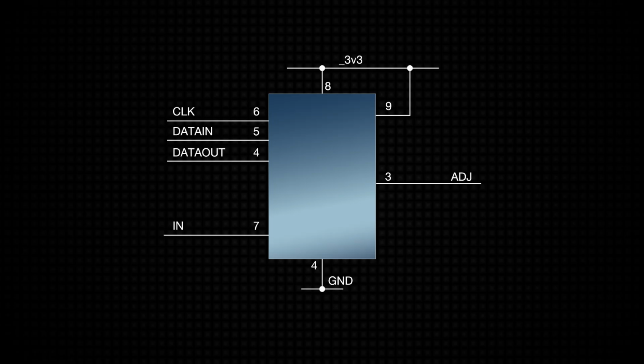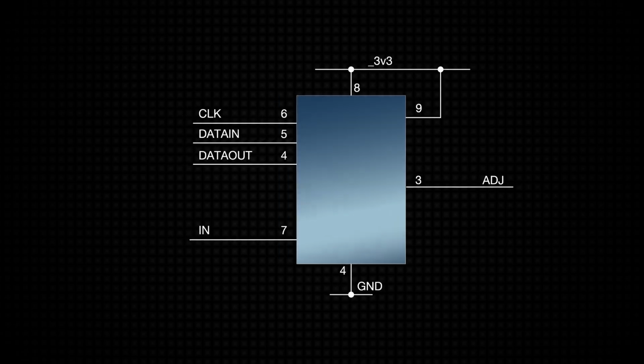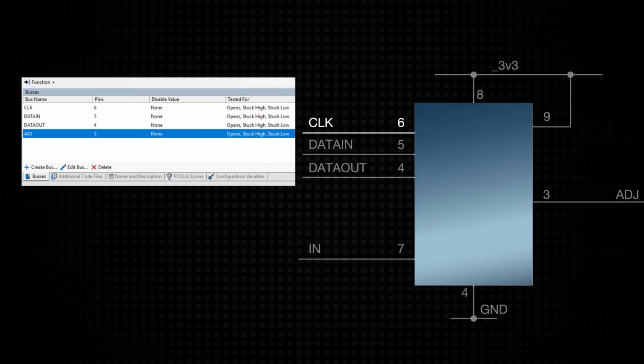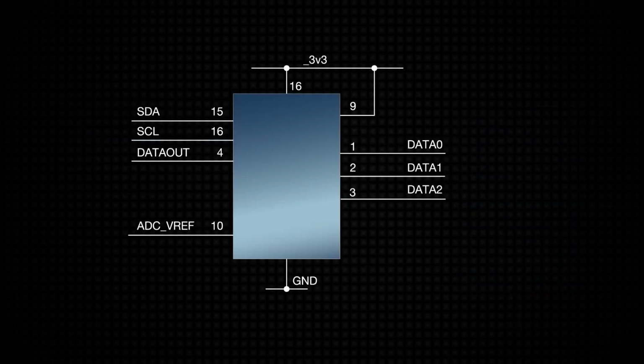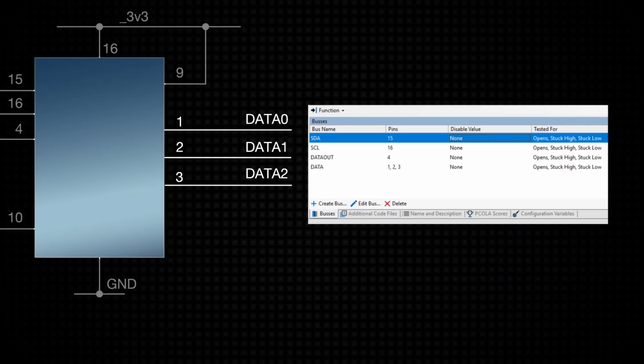XJDeveloper will then create names based on what the relevant nets are called. For example, if it has a pin connected to a net called clock, then XJDeveloper will automatically create a single pin bus called clock for the device. If there's a series of nets with a number and the same prefix connected to the device, then XJDeveloper will group the relevant pins together into a single bus.